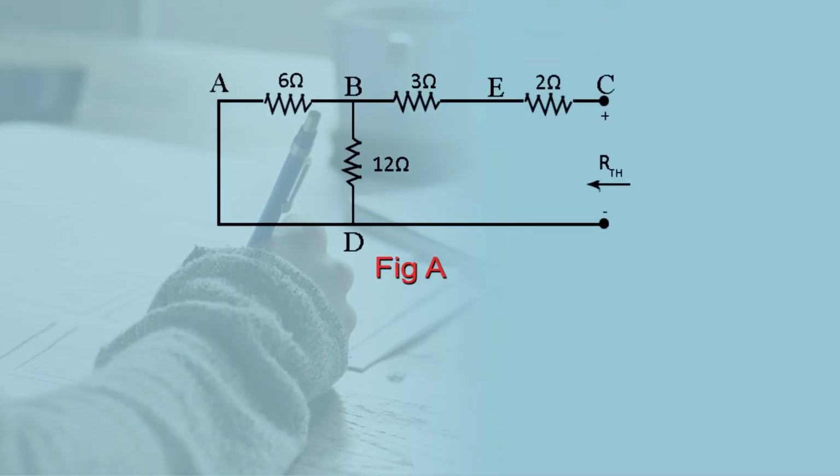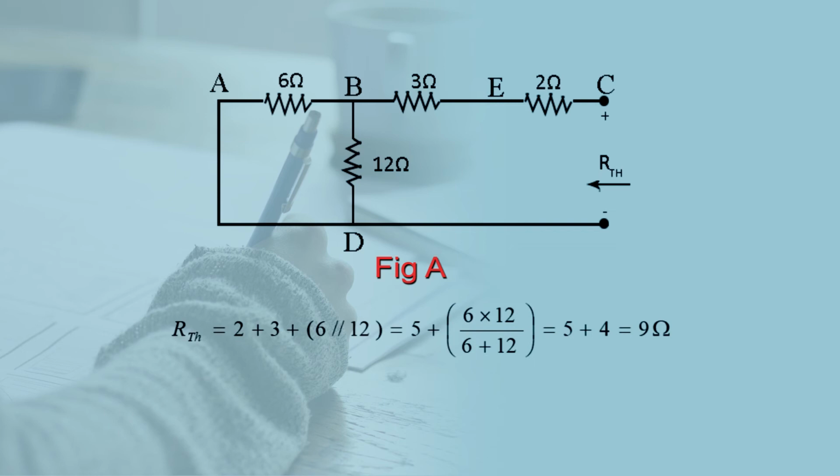So our aim is what? Our aim is to get the Thevenin resistance of the circuit. And how can you calculate the Thevenin resistance of the circuit? Thevenin resistance is nothing but the equivalent resistance looking from two terminals into a network while all independent energy sources are replaced by their internal resistance. So in the previous circuit you can notice there are two energy sources. One is an ideal voltage source that has a value of 12 volt, and another is an ideal current source that has a value of 2 ampere. So what you have to do is replace the voltage source by a short circuit and the ideal current source by an open circuit, as you can see in figure A.